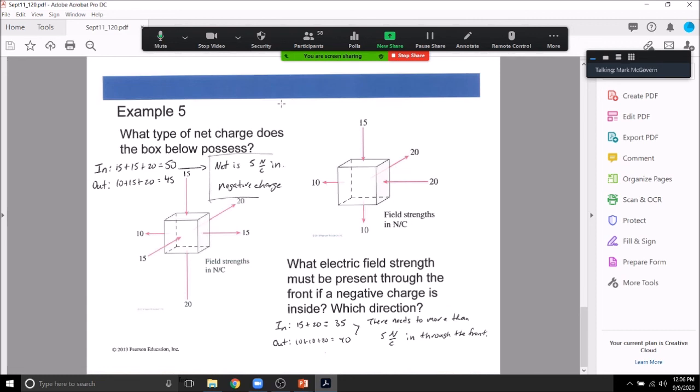At the moment, we're sitting at plus 5. So if 5 were to go into the front, it would be a net charge of 0. So we need a more negative electric field. Whatever goes in has to be more than 5. It's got to be in, and it's got to be more than 5. If it was 5, it would be a net charge of 0. And anything greater than 5 in would allow us to have a negative charge. Okay, great. That takes us to